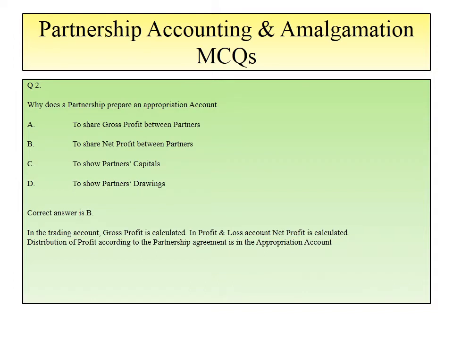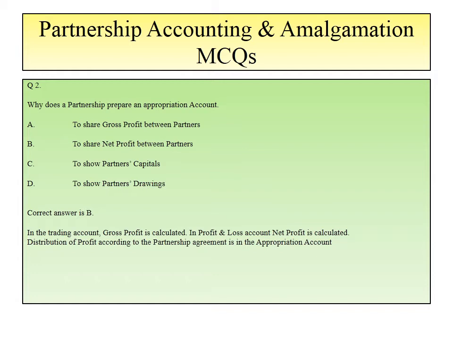अप्रोप्रिएशन का मतलब ये होता है डिवीजन ऑफ द अकाउंट, डिवीजन ऑफ समथिंग। Appropriate करना, division, to divide something between 1 और 2 और 10 people. तो यहाँ पे partners हैं, अगर 2 हैं तो seems प्रॉफिट जो है उसको divide करते होंगे इस appropriation account में। So four options are given. To share gross profit between partners. Gross profit is never divided, not appropriated.